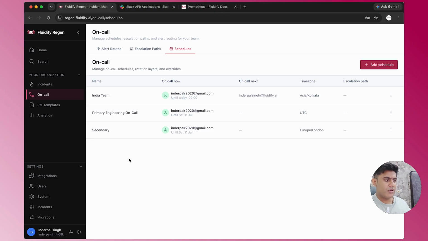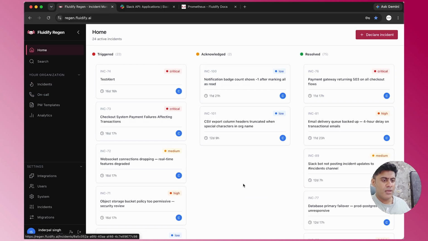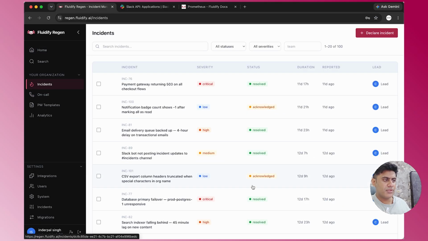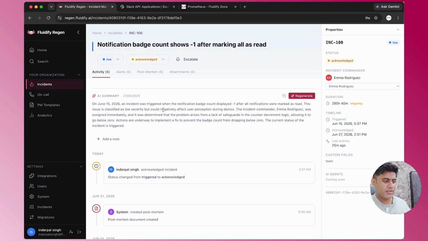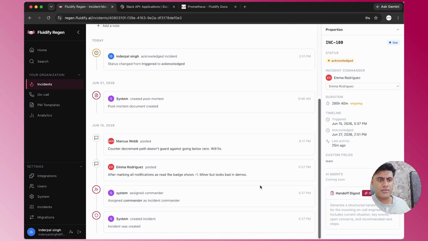So now we'll talk more about incidents. This is my incident screen. I can see incidents on my home screen, which is the Kanban board, and on this incident tab. So the incident tab gives me a list view of the incidents. If I just click on this one incident, I'd be able to see what all it has. So this incident was created by the system, and the system assigned an incident commander. This Emma Rodriguez is my incident commander,